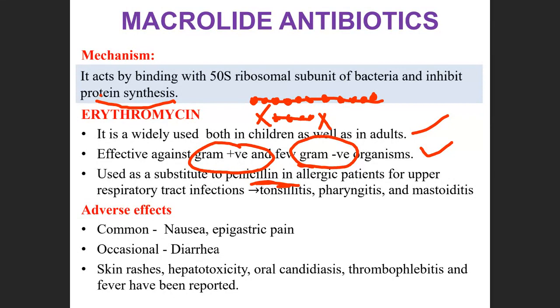And here, what are the adverse effects? All the pharmacological adverse effects, what are they? Nausea, vomiting, epigastric pain in the stomach, and that may be caused. Because this is showing a bactericidal effect, this can show diarrhea. Why? Because it can disturb the flora. And skin rashes, hepatotoxicity, and again in erythromycin, there is a possibility of fungal infection formation,